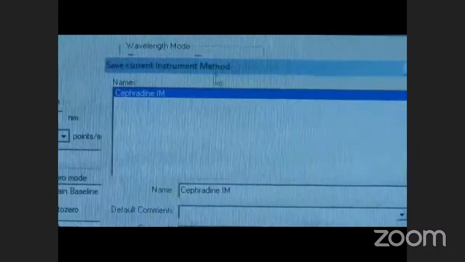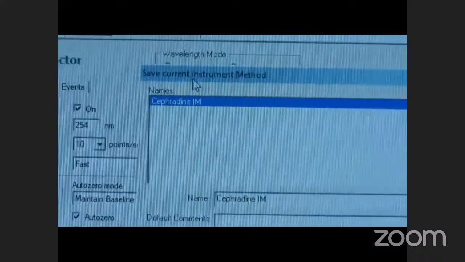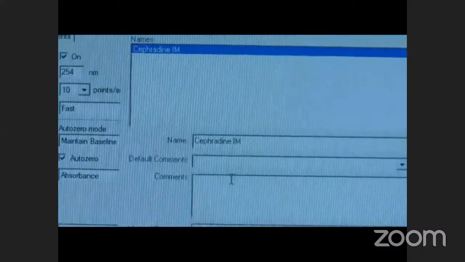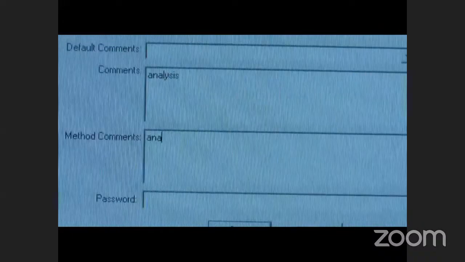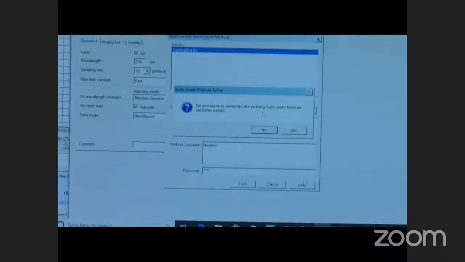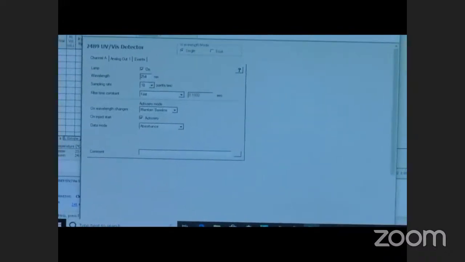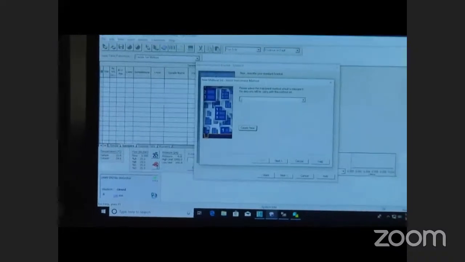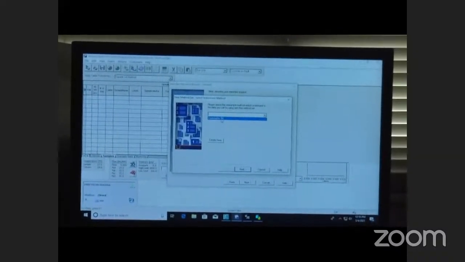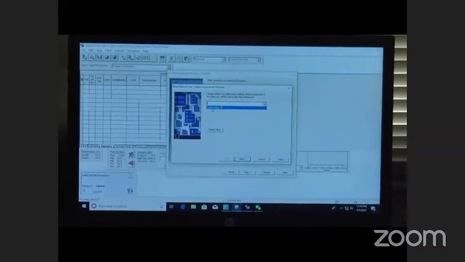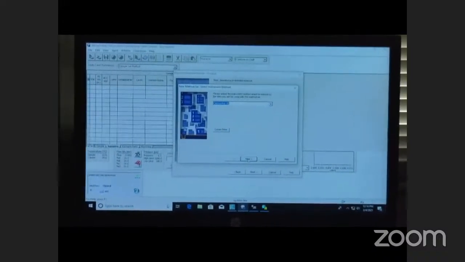by giving the name Cephradine IM. IM is basically representing instrument method. We will give a comment that we are performing analysis. We will set a password and save the method. We will just minimize it. And here now we will select the same instrument method which we just prepared, Cephradine IM. Go to the next,